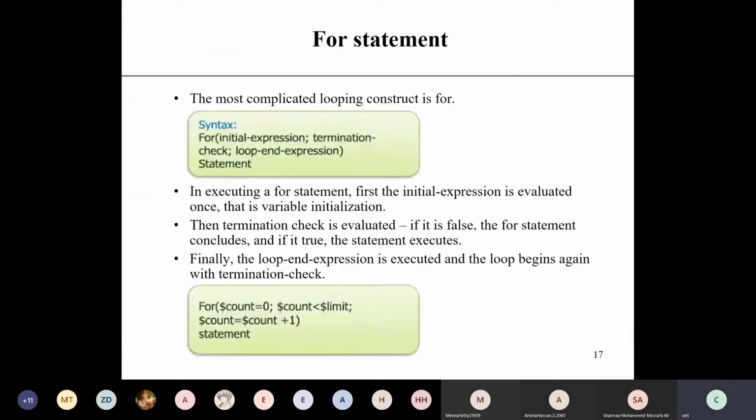Then this is the most complicated loop in PHP or in any programming language, that is the for loop. The for loop is what?